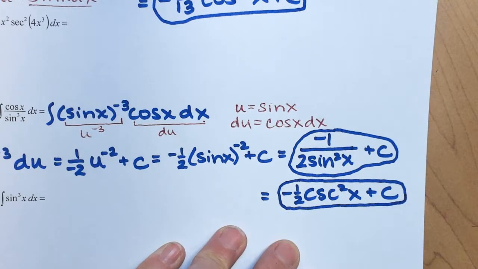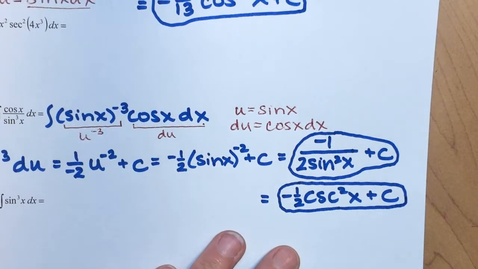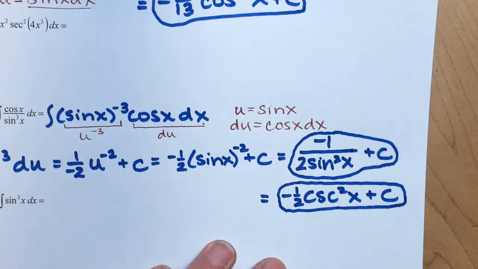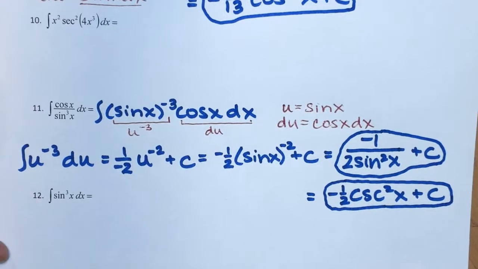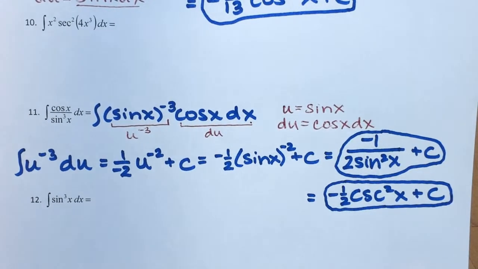All right, let's see. I'm just going to show you one more way you could have done this problem. Now, this is probably not a way that is intuitive to most people, probably not the first thing that pops into your mind, but I just want to show you because the trigonometric integrals can be done many different ways, and the confusing part is they can result in many different answers. So, for 11,